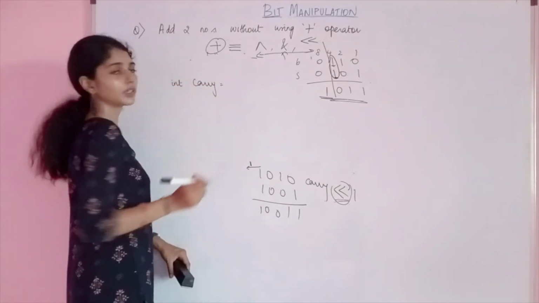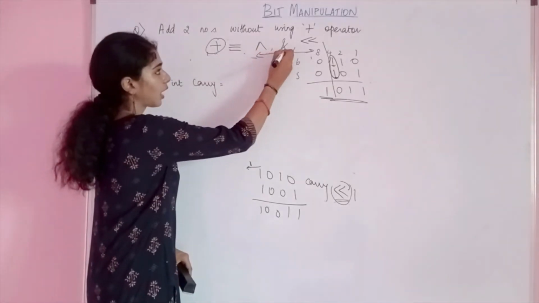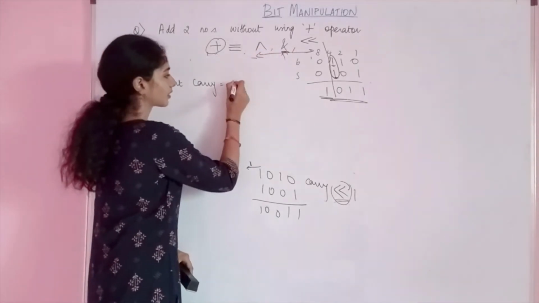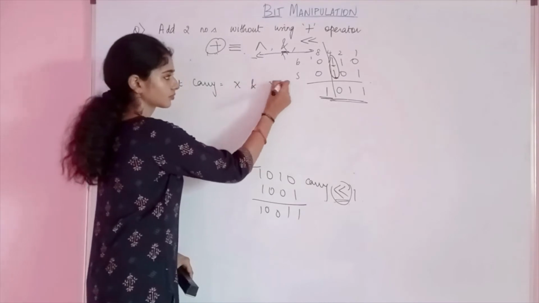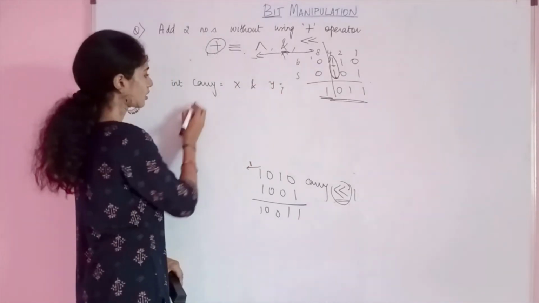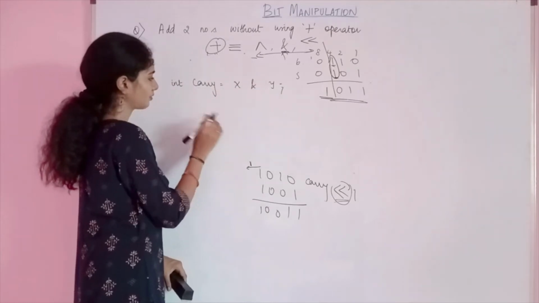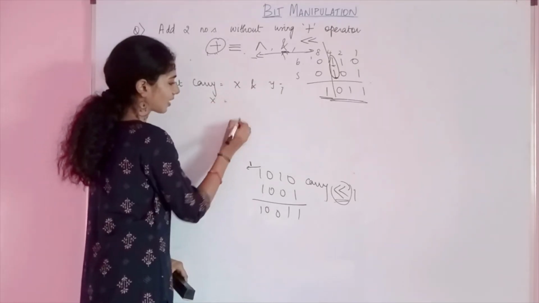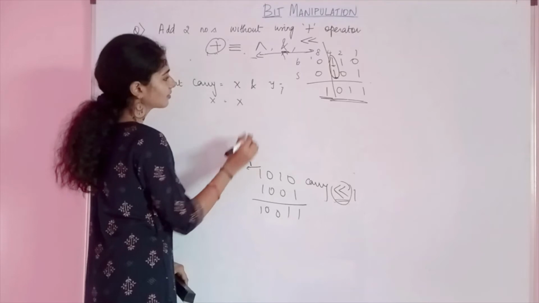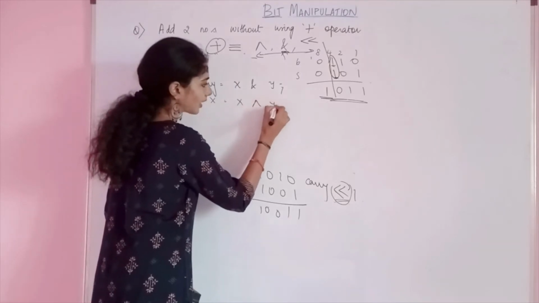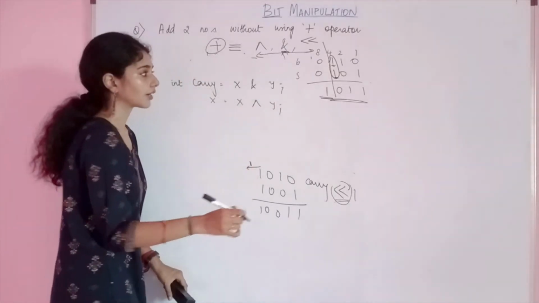Carry is equal to what? How do you get the carry? Using the AND operator. Alright? So using this, I will get my carryover. Fine. And now let us have x is equal to what? x XOR y,